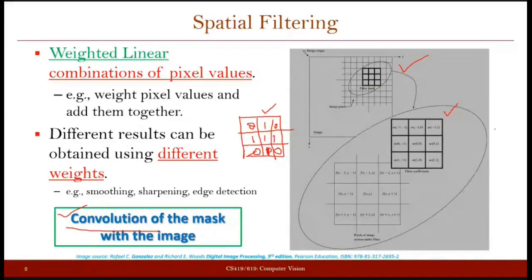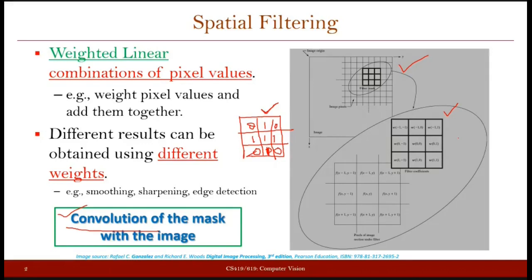Okay. And if your image is symmetric, or this mask is a symmetric mask, then in that case, whether you say that you are calculating correlation or you say you are calculating convolution, this is going to be the same. So please remember, this is a very important point. So now whenever we filter the given image with the help of a given filter, we normally say that we are convolving the image with the filter.